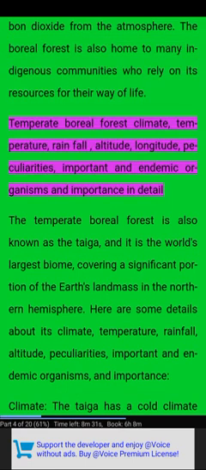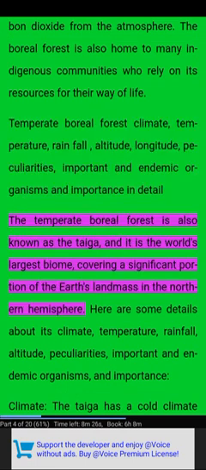Temperate boreal forest climate: temperature, rainfall, altitude, longitude, peculiarities, important and endemic organisms and importance in detail. The temperate boreal forest is also known as the taiga, and it